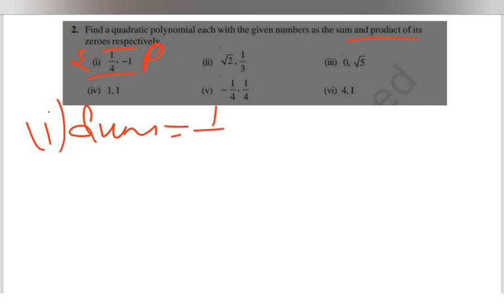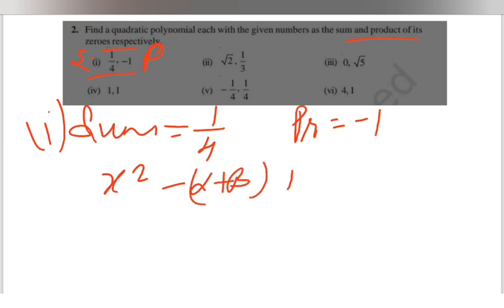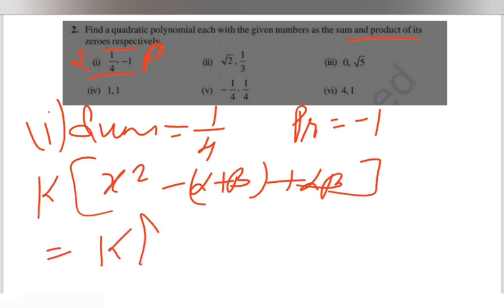Sum is 1 by 4 and product is minus 1. So we knew the formula, that is x square minus (alpha plus beta) x plus alpha beta. This is the formula to find a polynomial. So we knew that k should be written as always constant. So x square minus (alpha plus beta), that is 1 by 4 plus 1 by 4